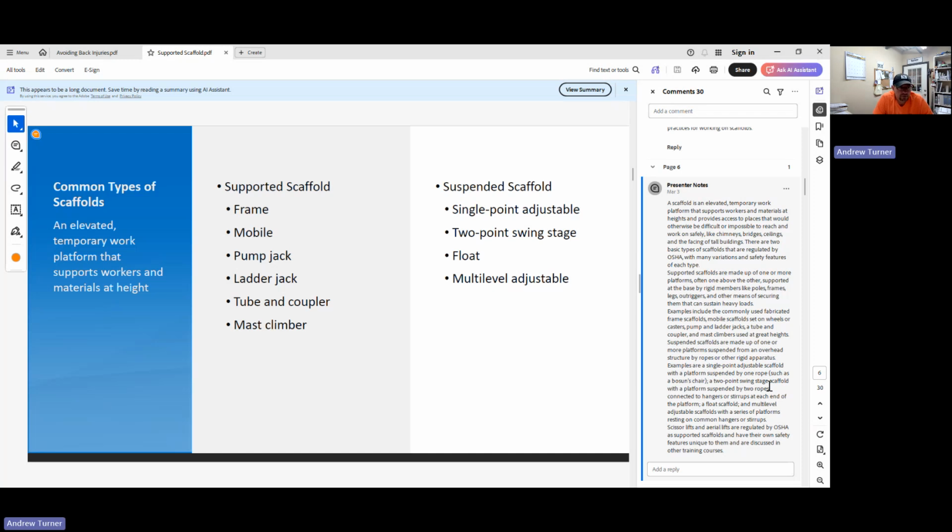All right, so different types, common types. A scaffold is an elevated temporary work platform that supports workers and materials at height and provides access to places that would otherwise be difficult or impossible to reach and work on safely, such as chimneys, bridges, ceilings, and the facing of tall buildings. There are two basic types of scaffolds that are regulated by OSHA, with many variations in safety